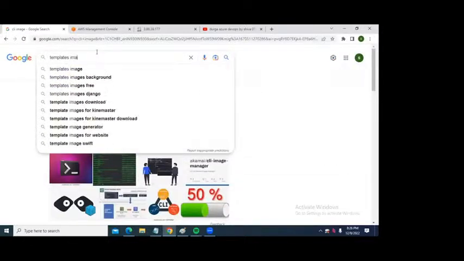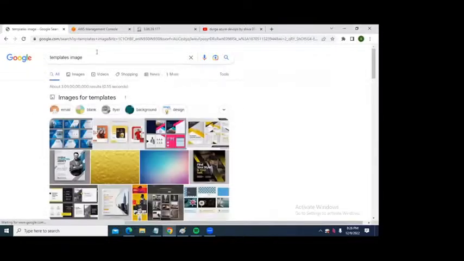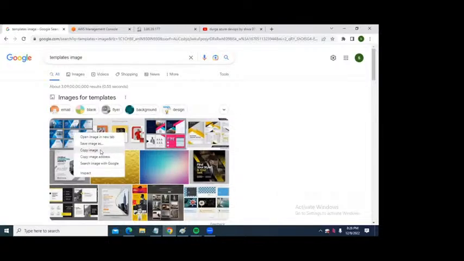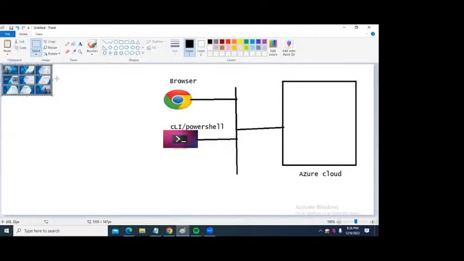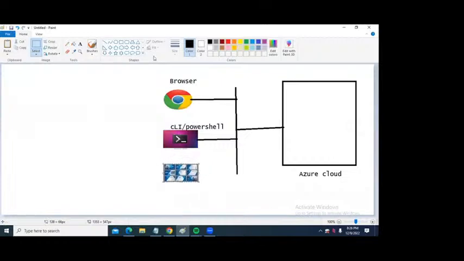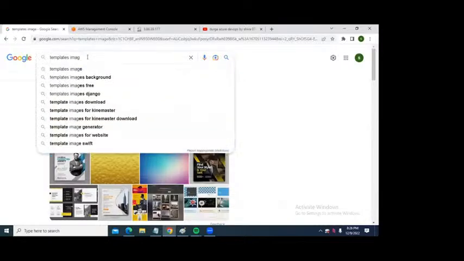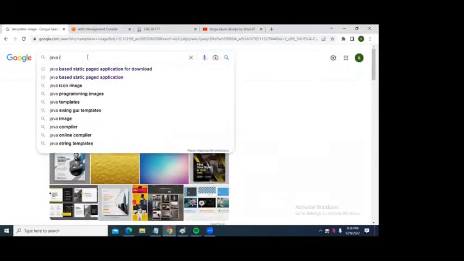Templates means some kind of HTML scripting, and from programming languages like Java, .NET also we can use.